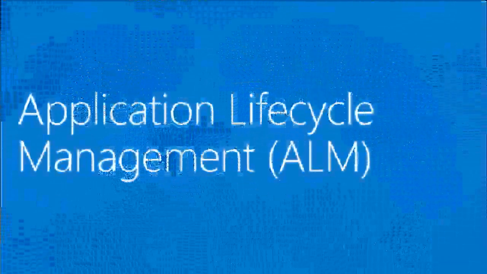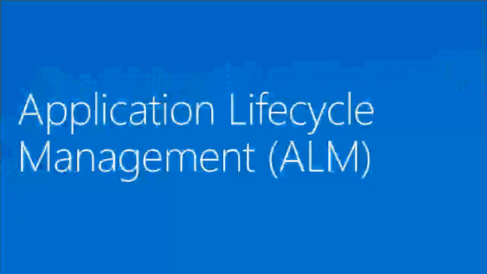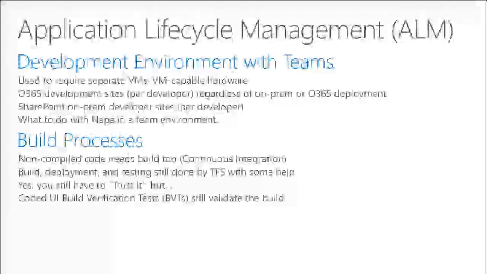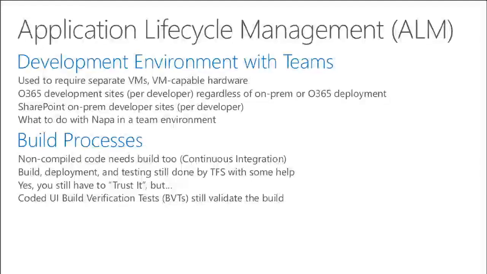So now that we understand the Microsoft philosophy, or the choices that you have around your development environment, let's talk about what happens if more than one developer needs to write code, or we want to make sure that we're following best practices in terms of building and deploying apps. So for me, application lifecycle management means that it's when more than one developer needs access to code, and it's a scenario in which we want to make sure that we're following established practices like continuous integration. Continuous integration is when you check in, builds happen, and we know right away whether or not any code that you check in damaged the sanctity or the validity of the build.